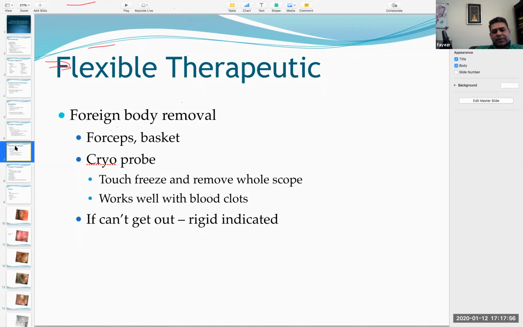Also, like I mentioned, the cryoprobe, which uses liquid nitrogen in a probe. You can use that not only to stop bleeding, but to take out clots, and also to patients who've had